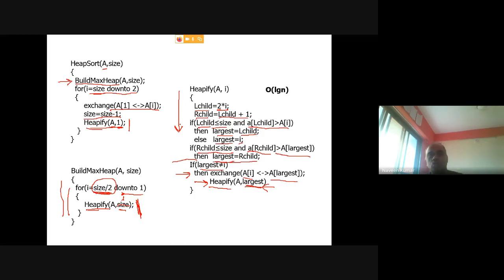So let us move to the analysis part. How much time will this heapify algorithm take? The heapify algorithm takes log n time. Why? In the worst case you are doing it recursively. You are working in a tree and always moving towards a leaf node. So in the worst case, this root element will be fixed as a last node somewhere.